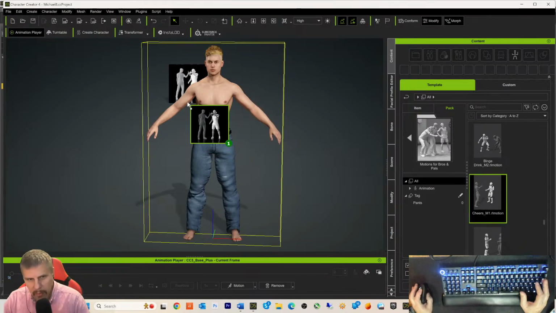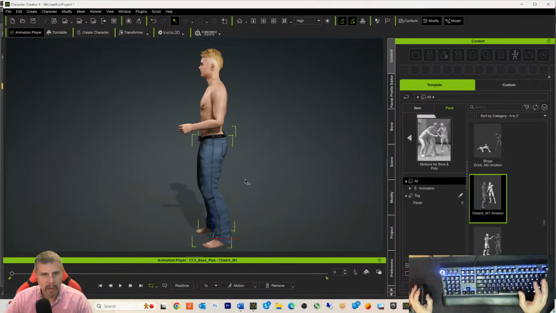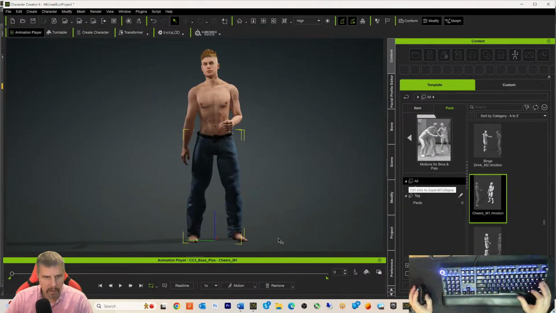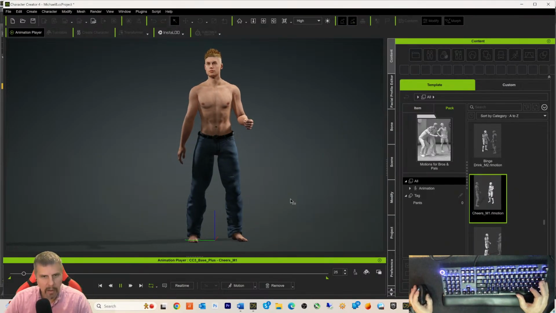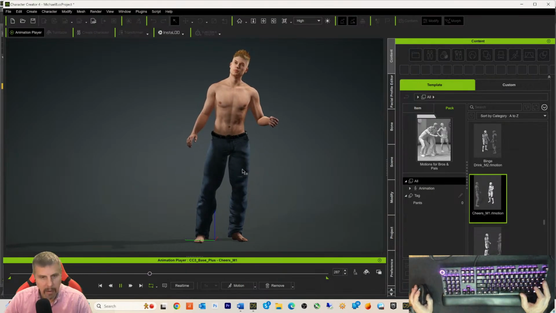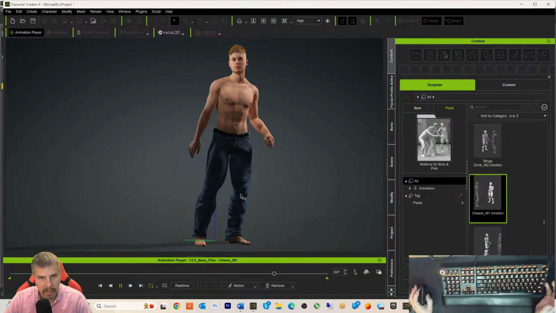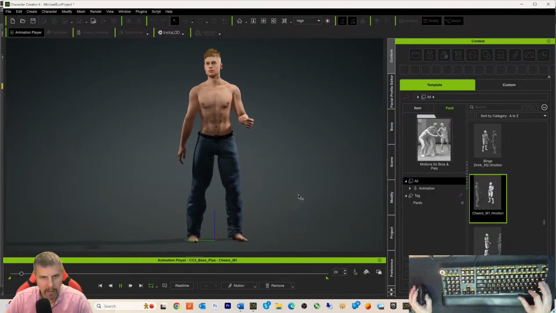Cheers. Okay, we'll try that one. All right. And he's having a conversation. And what do we got here? Now, if we hadn't fixed that right on his jeans, well, I guess he's drinking something. All right,